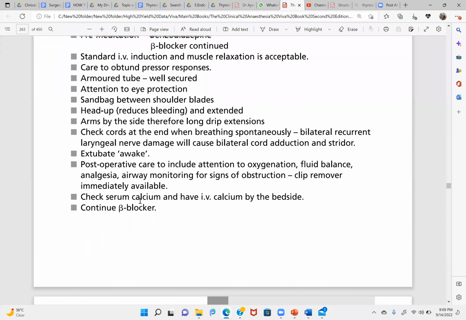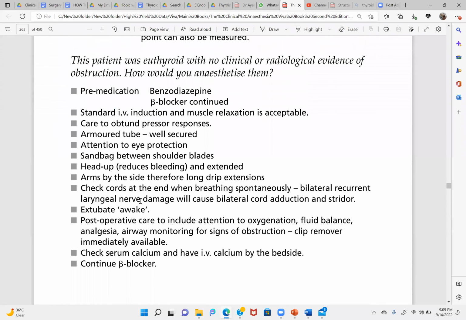For FCPS candidates, the thyroid hormone production part we have already done, yesterday and the day before yesterday. This one I forgot to tell: you might need an armored, reinforced tube, which is kink resistant. Okay. And positioning will be a problem. The tube can disconnect when they do head extension or reverse Trendelenburg. And at the end, they might need to do a check laryngoscopy to see the documentation of the vocal cords. Okay.